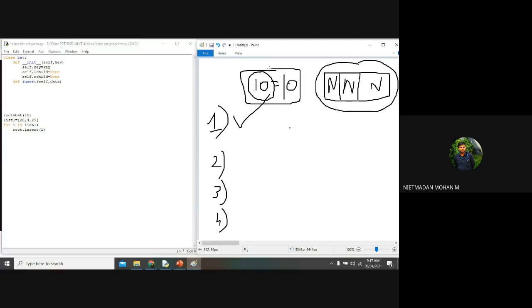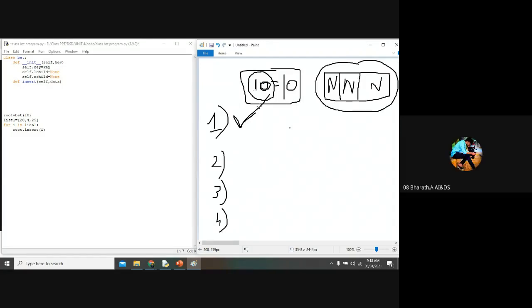When it comes to insertion, I have discussed 3 types, right? If the duplicate element is present, what are they? If you are inserting an element in a tree and a duplicate element is present, I have given you 3 options. What are the options?